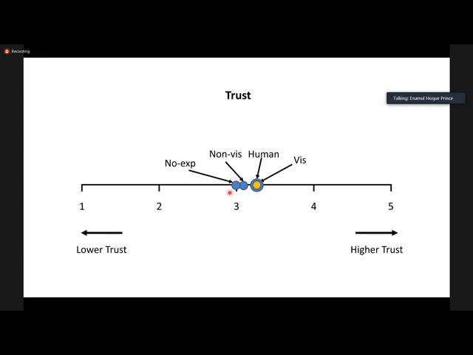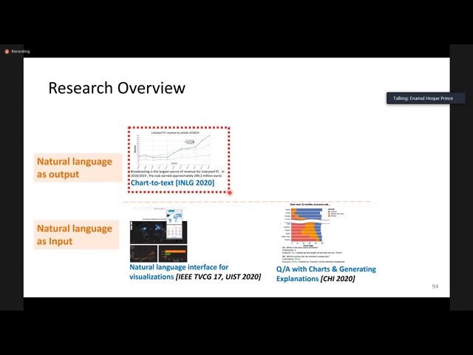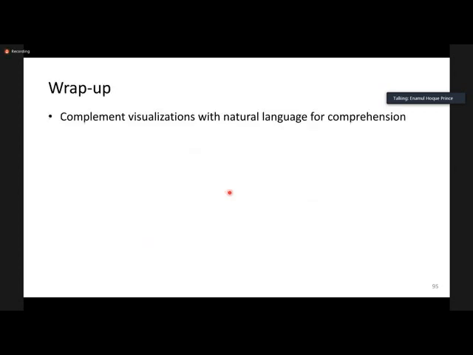All right, so we presented all these different projects. One was about automatic chart captioning, another was chart question answering. For the sake of time, I'm not going to cover any other project. Just to wrap up, what we learned is that if we can complement data visualization with natural language, that can be very helpful for comprehension. Also, if we can explain the model's output, that can enhance the transparency and trust. And finally, the solutions that we develop need to be generalizable so that they work across various charts.